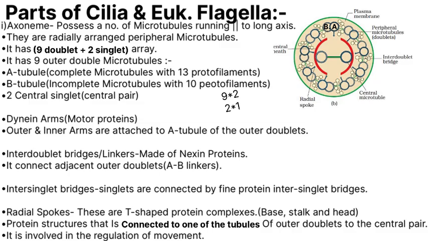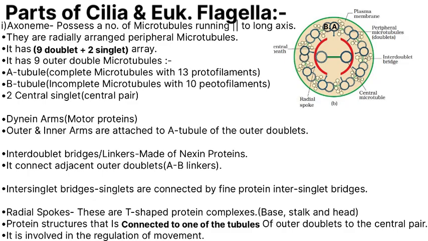Look how the 9 pairs of microtubules form a circle around the periphery, where these 9 doublets are in a pair. We call them the subunits. So we name these subunits A and B. The A tubule is a complete microtubule with 13 protofilaments, as we know, and the B tubule is an incomplete or partial microtubule as it has only 10 protofilaments in it. Remember, the B tubule is attached to the A tubule. It is not a completely separate structure.